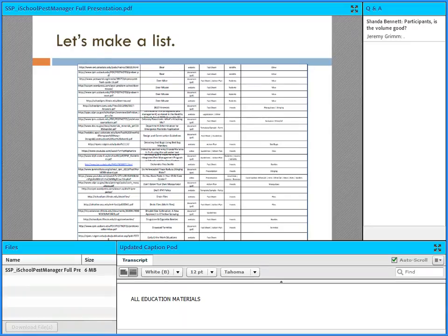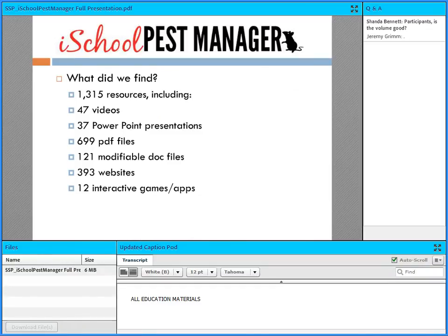So when we first did this collection of data, we had to make a list. It was an Excel spreadsheet with over 1,500 resources that were submitted for inclusion in this database. We actually took everything in and then reviewed all this data. What did we find? Well, as you can see on this slide,